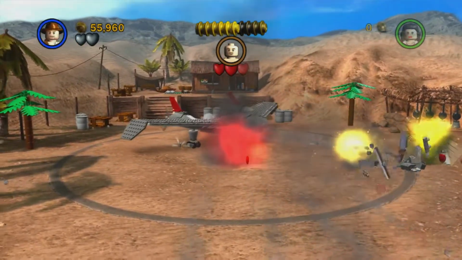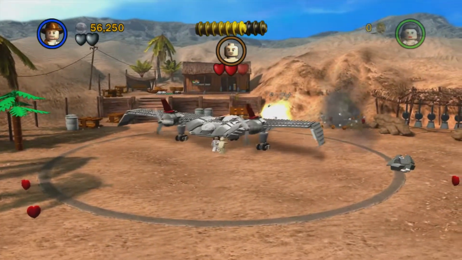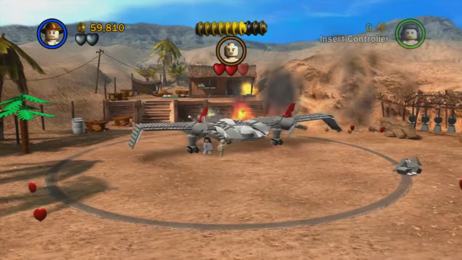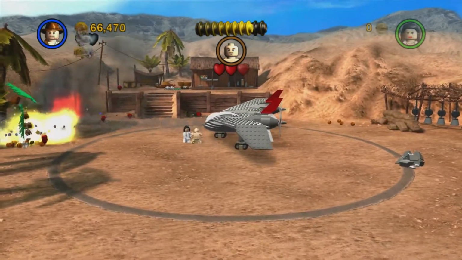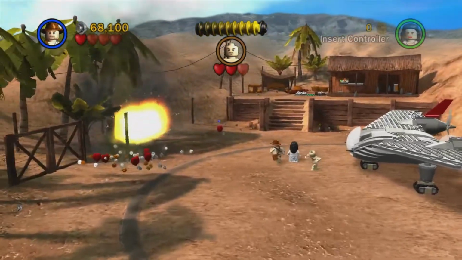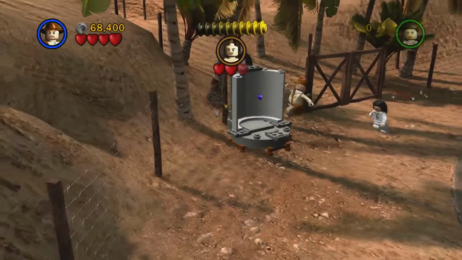Now, in the plane, you want to destroy the truck, as well as the trees around the area. Not all of them, of course, but the one you want to destroy is going to be over here, because this is going to hide that third and final container that we mentioned previously. Once you do all that, we can hop out, head over here. There's going to be a purple stud inside this